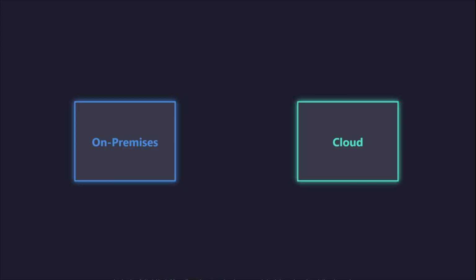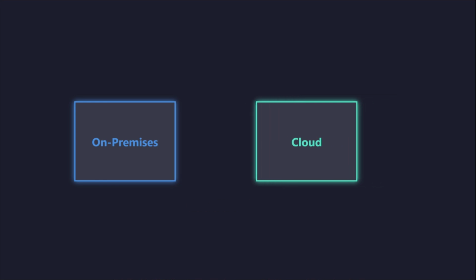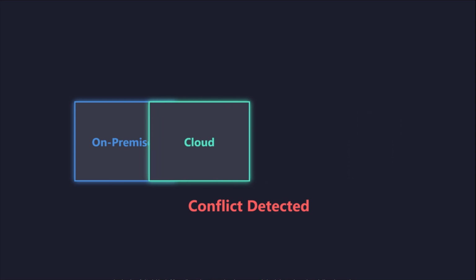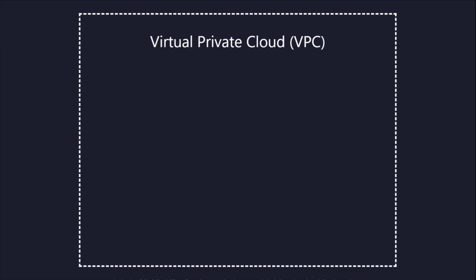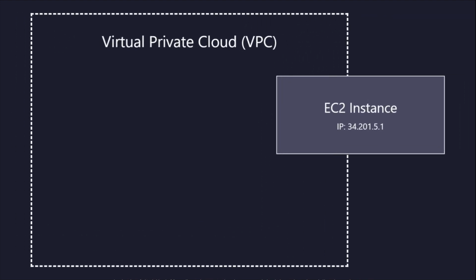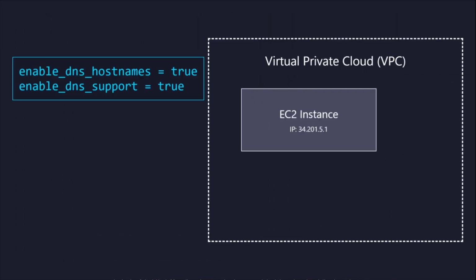Choose a 16-bit mask for 65,536 addresses. Avoid overlapping ranges with your existing on-premises data centers to prevent routing conflicts during future network peering or hybrid connections. Set Enable Domain Name System hostnames and support to true within the resource block. This ensures that instances launched in the virtual private cloud receive a public domain name system name corresponding to their